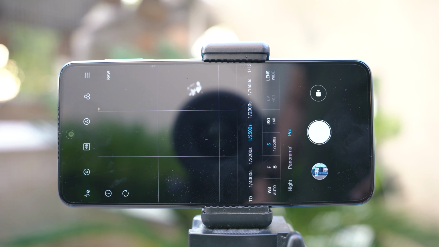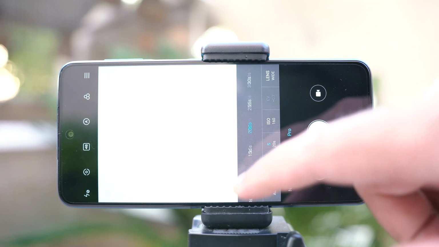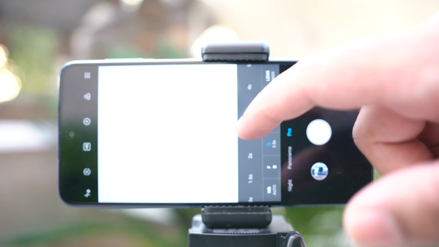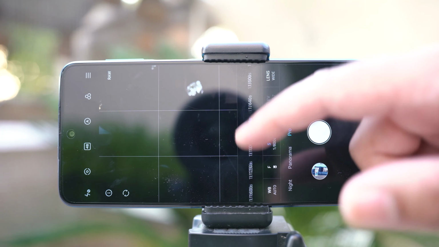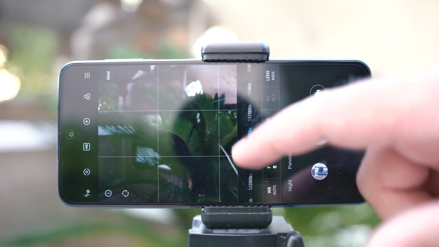In case you don't know, the shutter is basically that cover over the lens of your camera, and it opens up when you click the shutter button of your phone. So the longer the shutter duration, the longer your camera's shutter stays open. Now you can see that when I move the shutter value towards a higher value, it just brings more light into the scene, and the shorter the duration is, the less light there is going to be in the image.